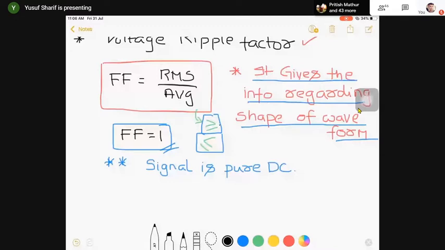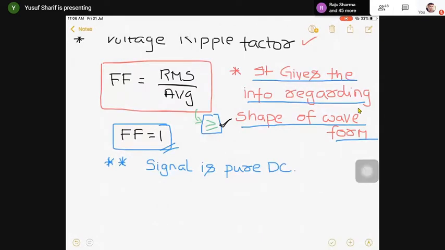Whenever I say form factor, the first result that should come to your mind is RMS value by average value. And after that, the second point that should come to your mind is that form factor is always greater than or equivalent to 1. Okay, and when form factor is equivalent to 1, RMS value equivalent to average value, and the signal is pure DC. I'll show you this result also. It is not that simply I'm writing over here. I'll take DC waveform, उसका RMS average calculate करेंगे, and then we'll see कि whether I'm getting this form factor equal to 1 or not. That also we will see. Okay, fine.